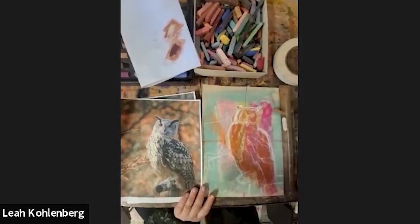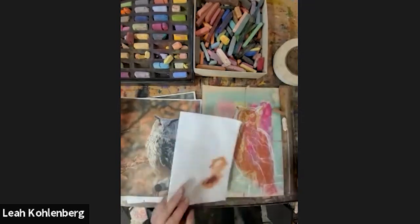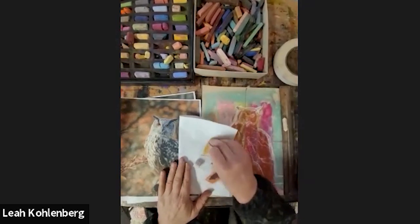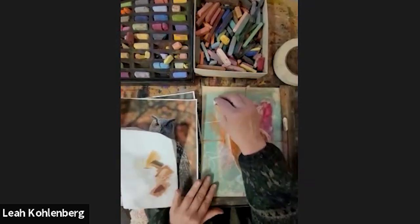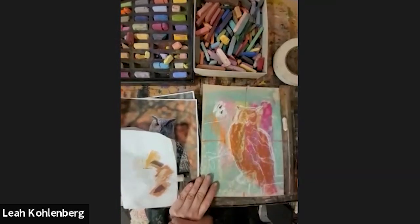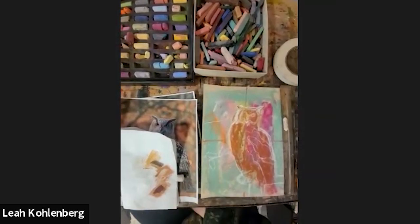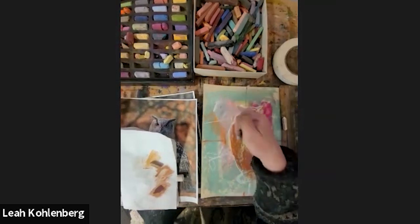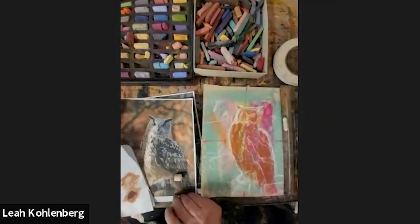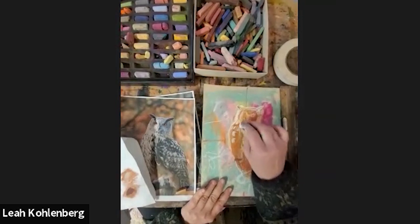And then here's where our mistakes come. When you've got like a light area with little dark specks, the tendency is to want to go light. Here, I'll do it. Light. The tendency is to want to go light and then to sprinkle in your darks. But that doesn't look right, right? And the reason is that wherever a light and a dark edge meet, the eye gets drawn there. So if you have these dark areas sort of poking out, it's too eye-catching, it's too sharp, it's too harsh. So it's better to start with a darker background and then kind of layer in. See how if I layer in my lights,